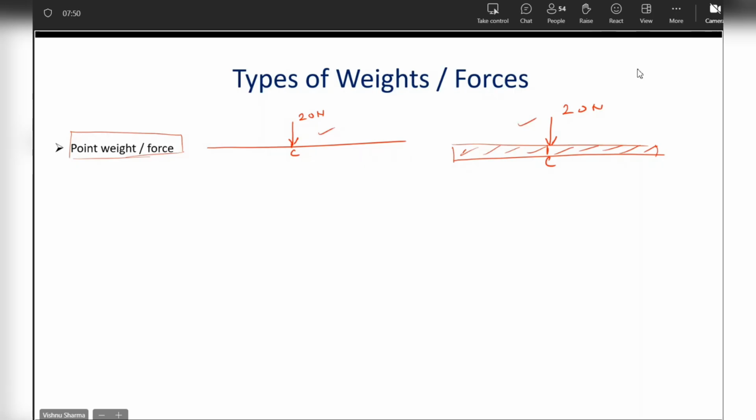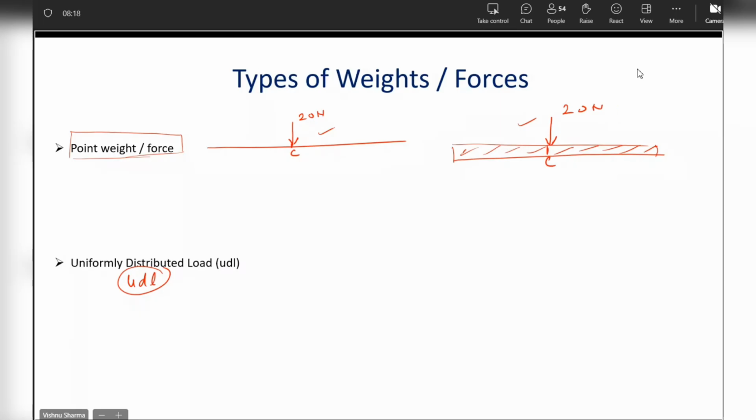Yes, sir. Okay. Then we have uniformly distributed load. In short, in exams also this terminology is used sometimes, UDL. UDL stands for uniformly distributed load. What does it mean? That the load is distributed at the same uniform rate along the entire spread, whatever the